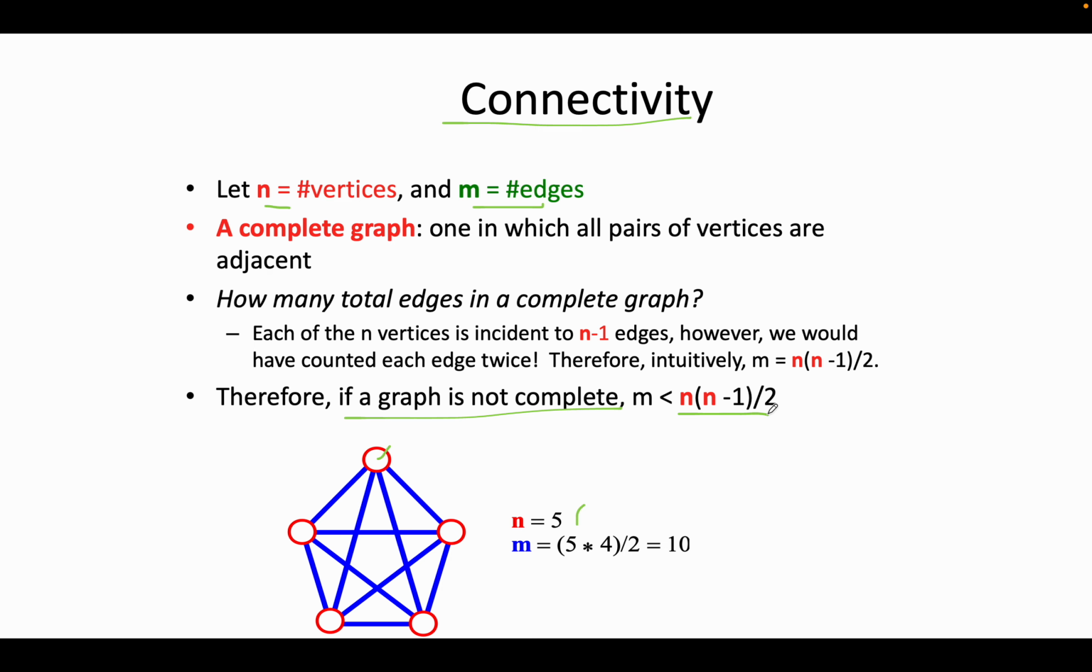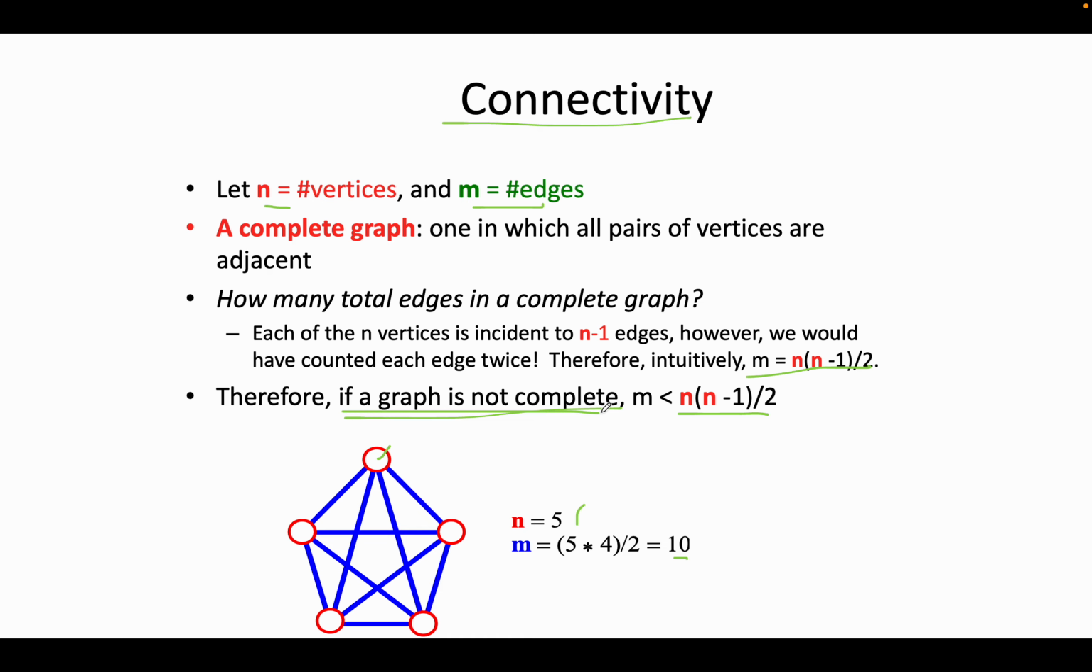The formula is using N times N minus 1 divided by 2, right? To get M, if you still remember. So what we get, we have 5 multiplied by 4 and divided by 2 is equal to 10. Then it's showing that